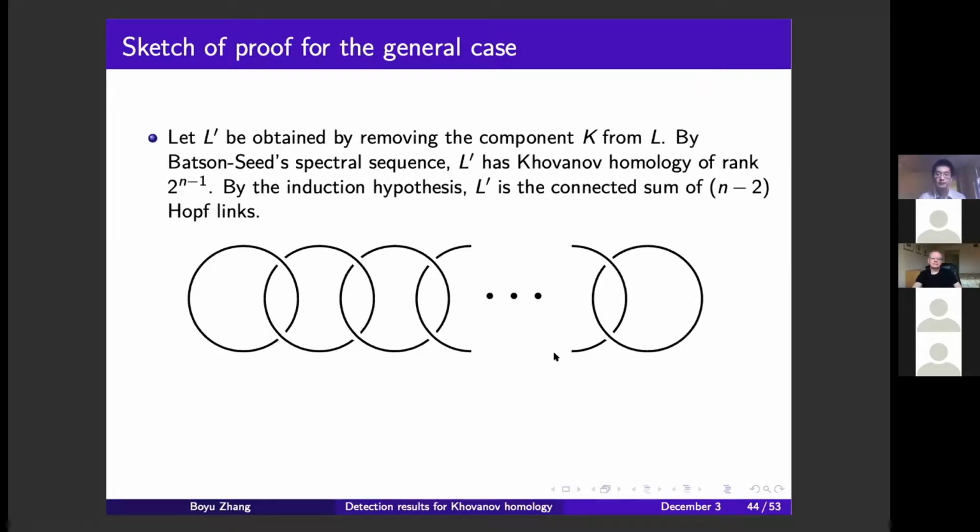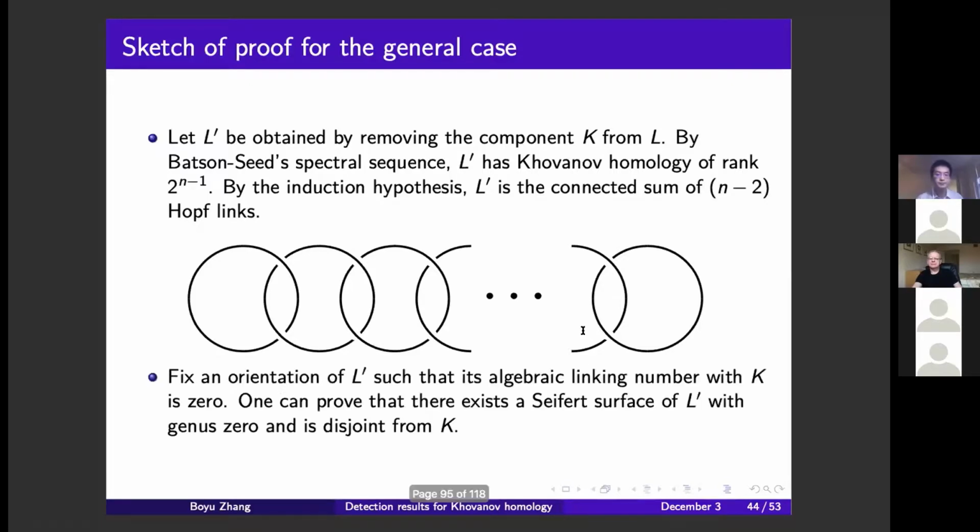Now we can choose an orientation of L prime such that the algebraic link number of L prime with K is 0, because the first component contributes ±1 and the last component contributes ±1. And if you just choose the signs correctly, we can make those two ±1s cancel. And now if we use a similar instanton Floer homology argument, but on the Seifert surface of